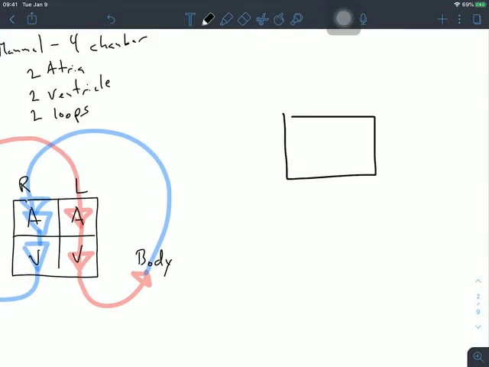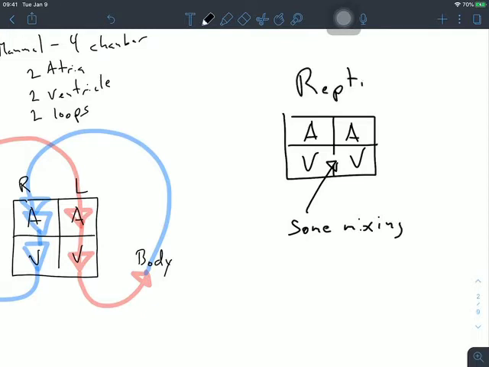They have two atria and two kind of ventricles. Their ventricles have a gap in between them, meaning that there is some mixing of oxygenated and deoxygenated blood. Now, this 3.5 chambered heart